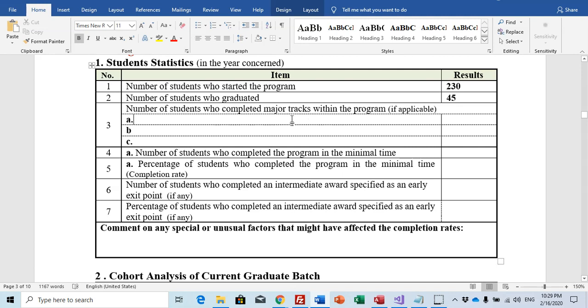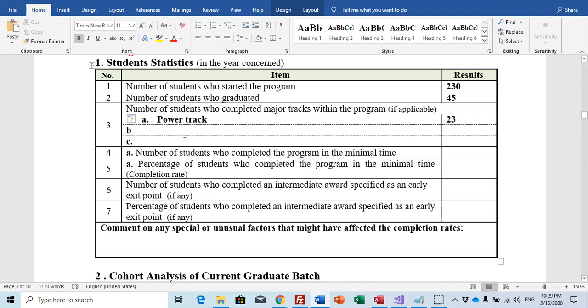Now, if you have tracks, you have to specify. In our electrical engineering, we have 3 tracks. Power track, for example, 23.